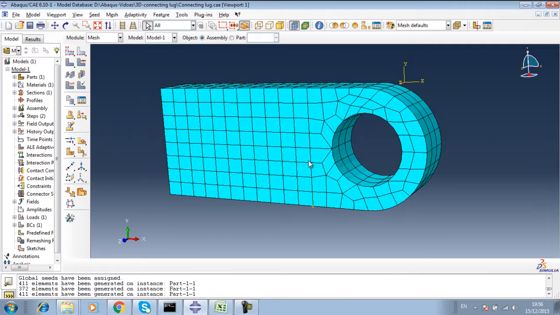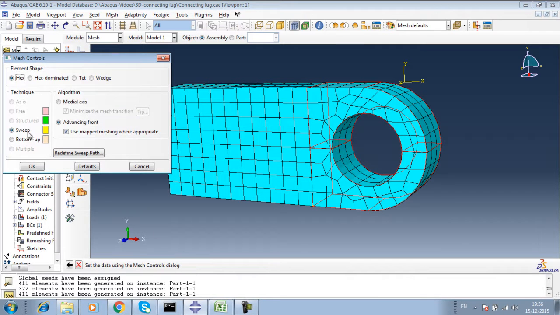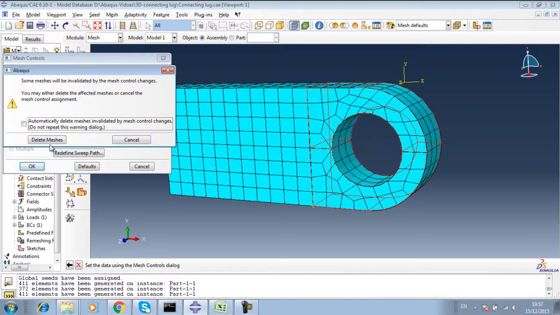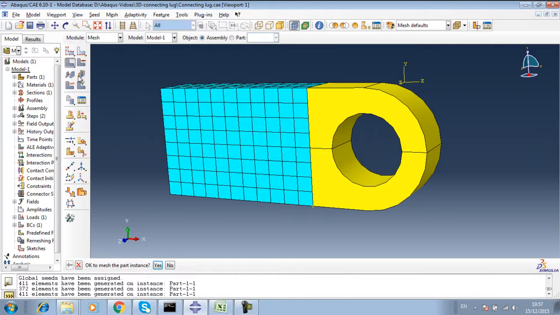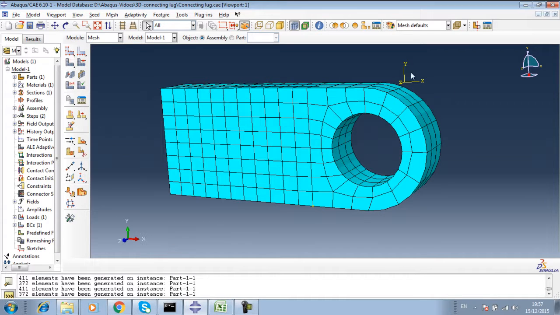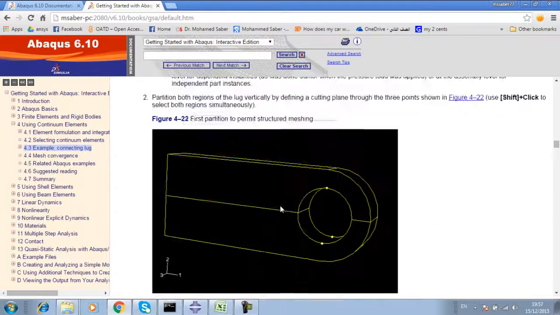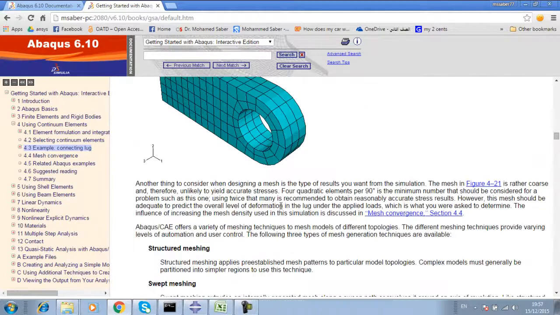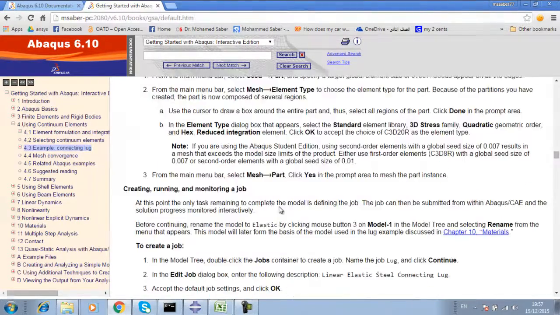Yes, the mesh in this area is sweep mesh, which was colored yellow. So we may change this type as follows. Select this icon here, done, and sweep. Instead of being advanced front, let it be medial axis, and select OK. Delete mesh, and then select again to mesh. So here the geometry is similar to that given in this part here. So now we just completed